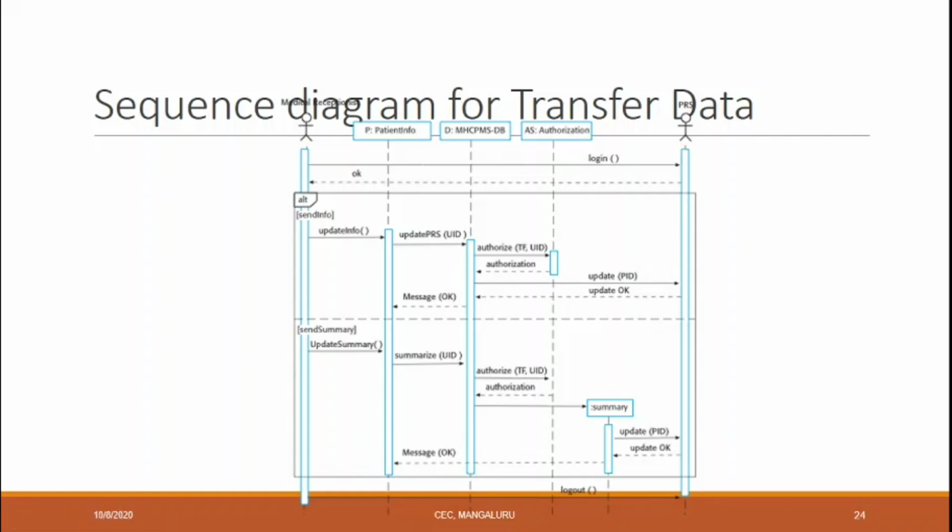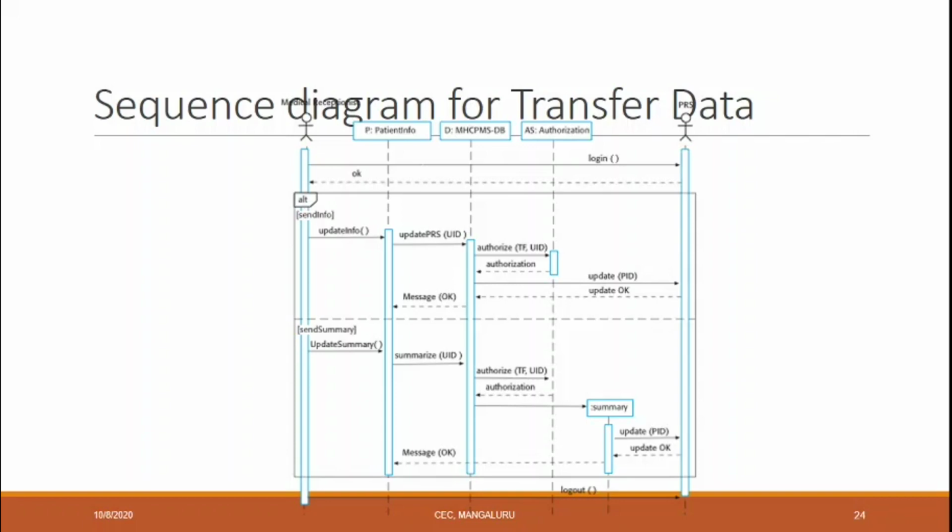Here, sequence diagrams are used for code generation. If code generation is not going to be done from the sequence diagram, then detailed documentation is not required. If, by seeing the sequence diagram, coding is going to be done by the implementation team, then detailed information has to be given in the sequence diagram.